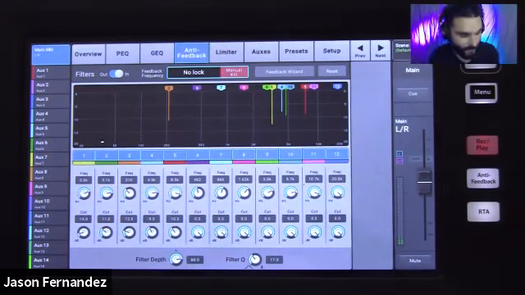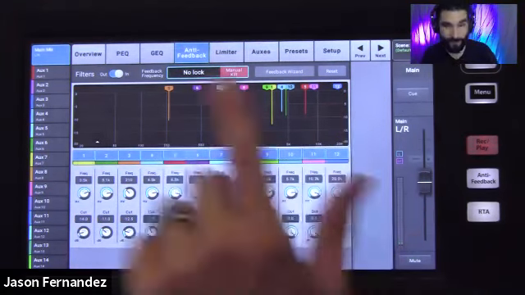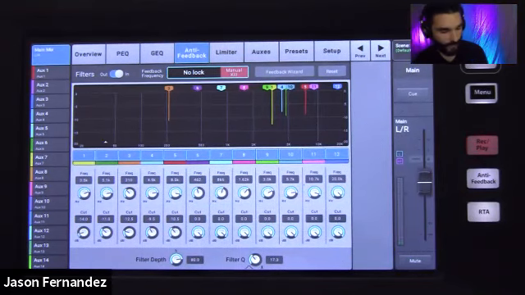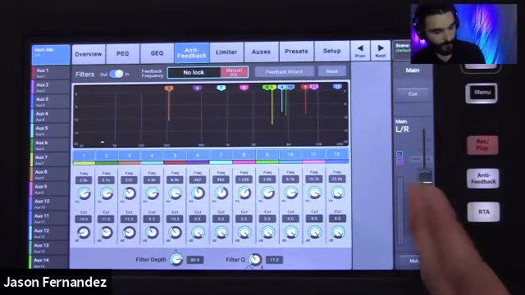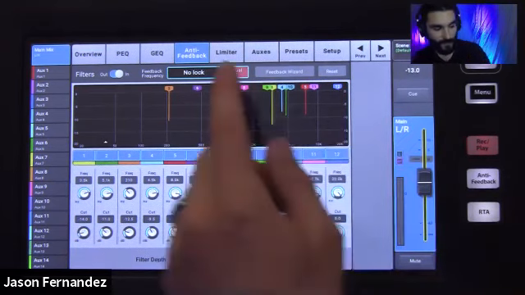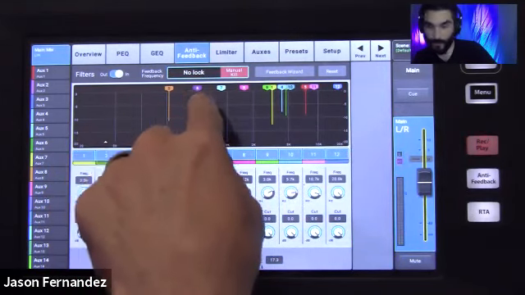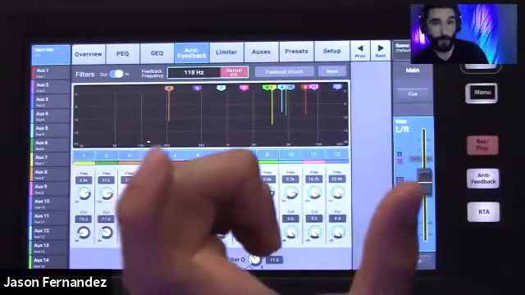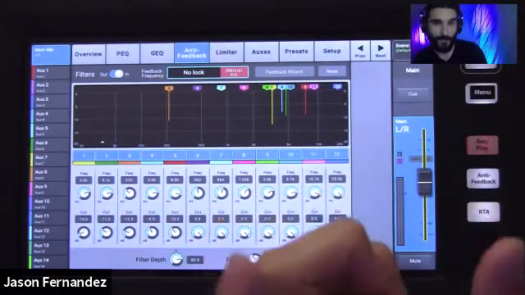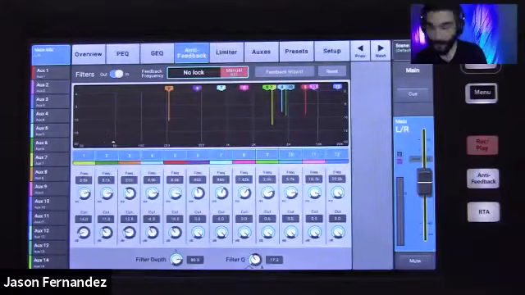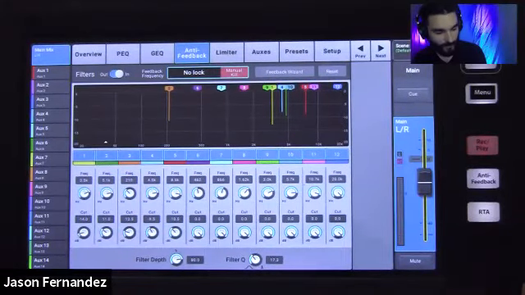So just to demonstrate this real quick, from this point, now that I've stabilized my PA, I'm going to put my microphone back up over here, and I'm going to manually creep this up, and then I'm just going to hit that button right there. What it's going to do when feedback occurs, the little box in here that says no lock, is lock onto a frequency. It's going to identify the frequency that is feeding back, and then all I have to do is hit that red button to apply the filter and notch it out. So we're going to check it out.